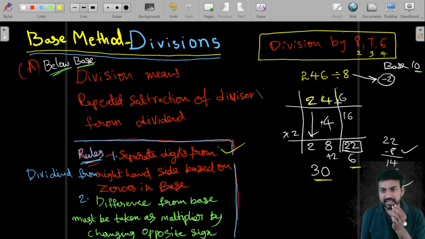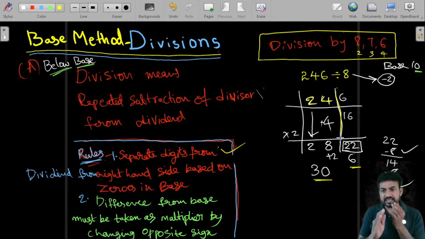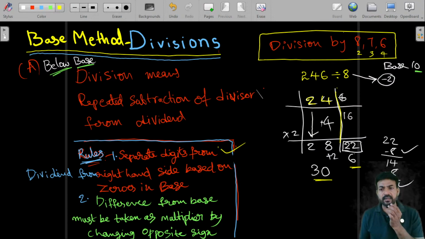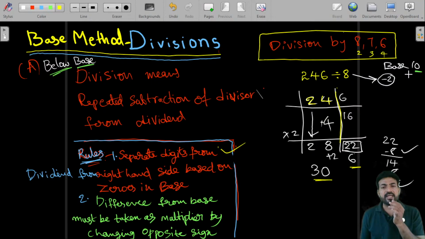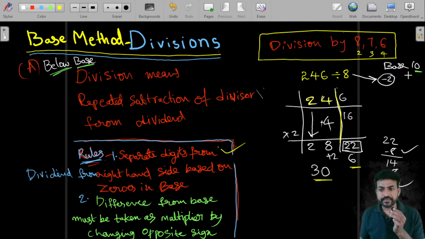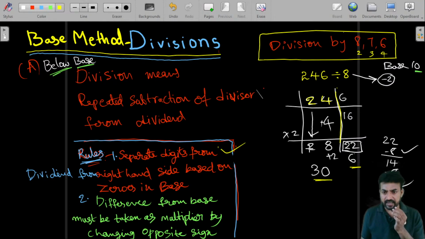246 ని ఒక్క డిజిట్ ని ఇలా సపరేట్ చేసి లైన్ గీయాలి. సో ఈ ఫార్మేట్ వేసుకోవాలి డివిజన్. సో 246 హ్యాస్ టు బి సపరేటెడ్. యూ హ్యావ్ టు సపరేట్ 6 బికాస్ బేస్ హ్యాస్ 10. ఎన్ని జీరోస్ ఉంటే అన్ని డిజిట్స్ రైట్ సైడ్ నుండి సపరేట్ చేయాలి. సో 1 డిజిట్ ఉంది, 1 డిజిట్ సపరేట్ చేసాం. సపరేట్ చేసిన తర్వాత ఫస్ట్ ఏ డిజిట్ అయినా, ఏ డివిజన్లో అయినా డైరెక్ట్గా యూ హ్యావ్ టు